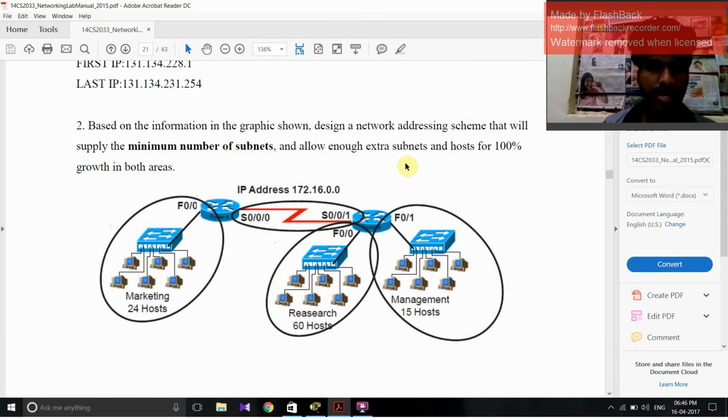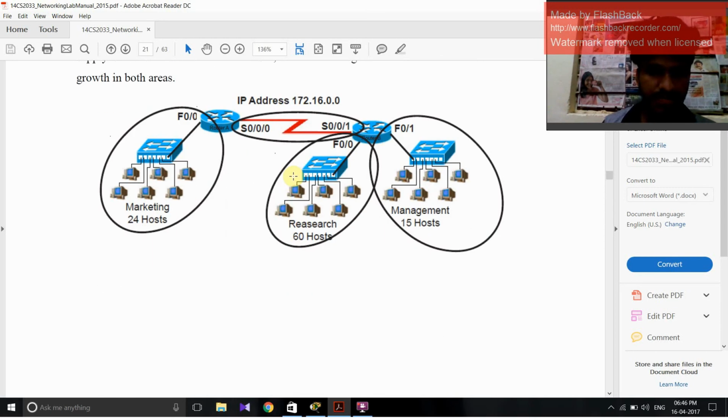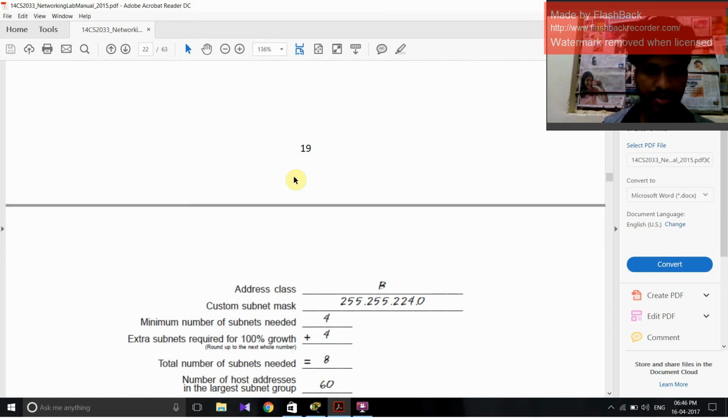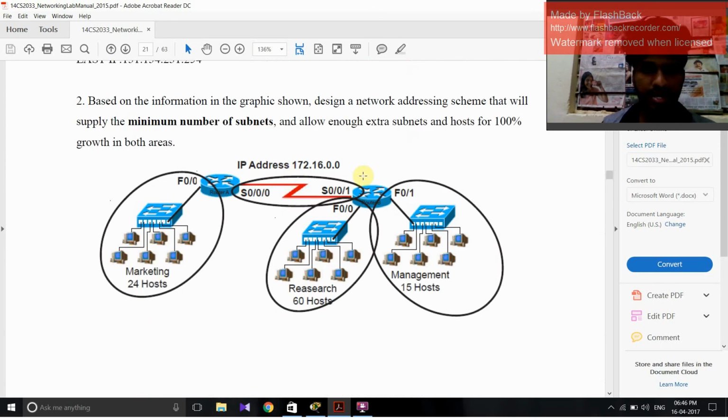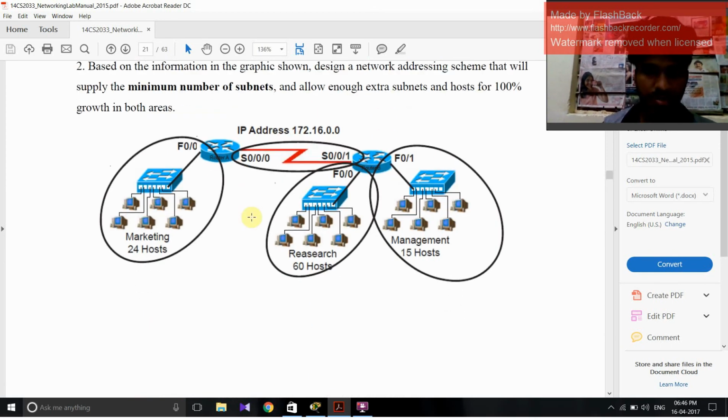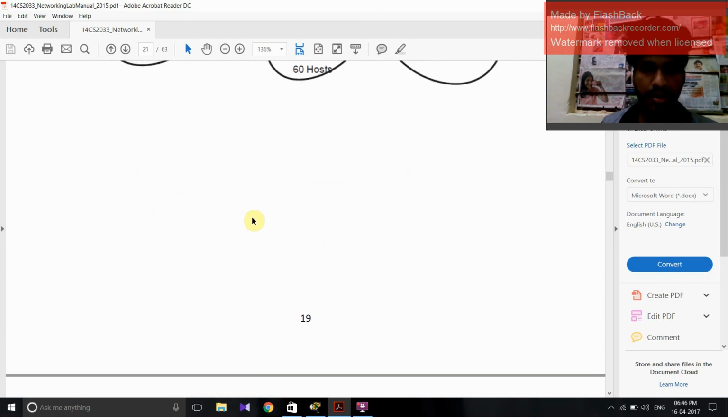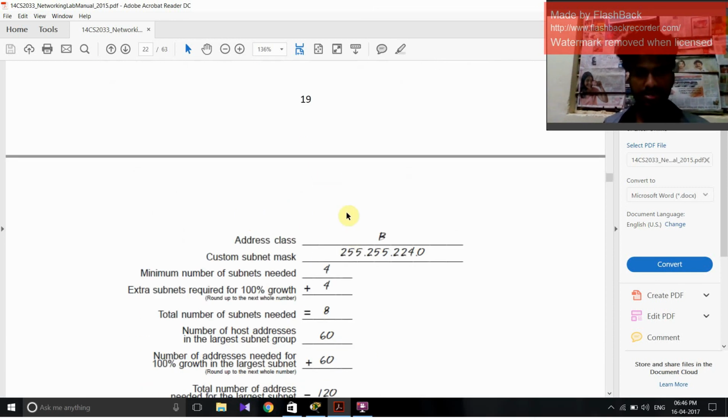the topologies and minimum number of subnets, where I can show you an IP address which is given for this topology, 172.16.8. You can see that it is Class B because it starts from 172, and the subnet mask of Class B is 255.255.0.0, and also a bit is borrowed, so you can see over here 255.255.224.0, and the minimum number of subnets needed is 4, and extra subnets needed is 4, because